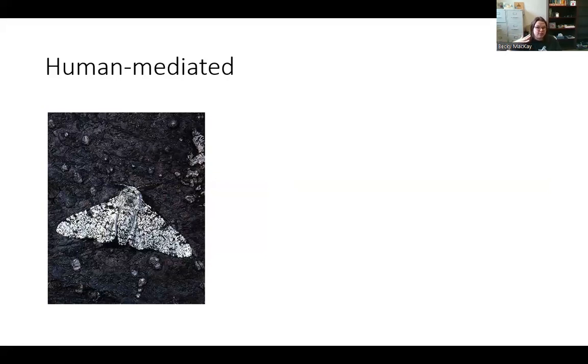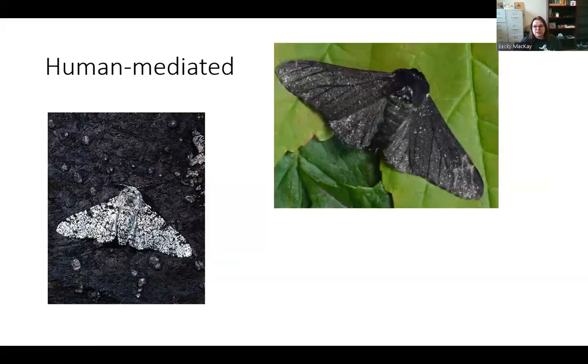Now, naturally, and this happens with a lot of insects, there was another morph. There were some black peppered moths. Most of them had this white and black spottedness, but some of them were pretty much all black. Now, before the Industrial Revolution, these black morphs didn't survive very well. They survived enough that they stayed in the population, they didn't completely die out, but they didn't survive super well.